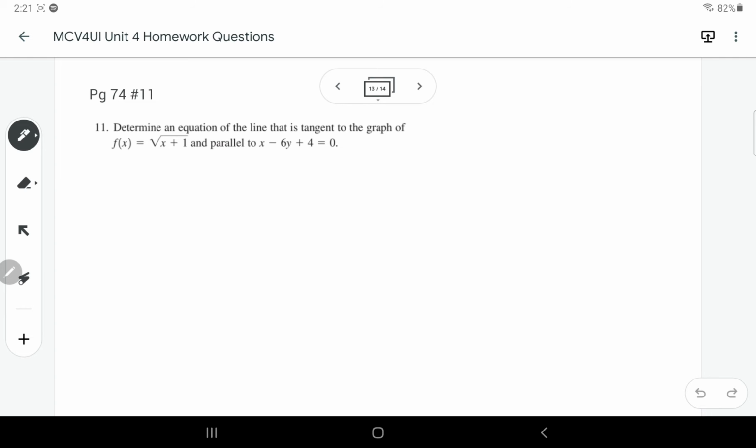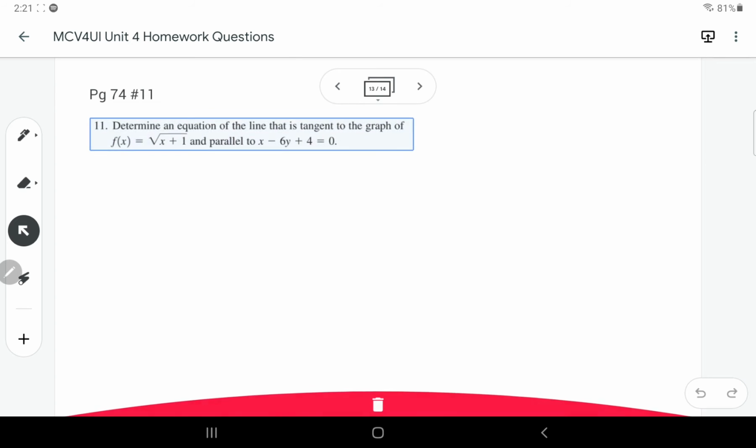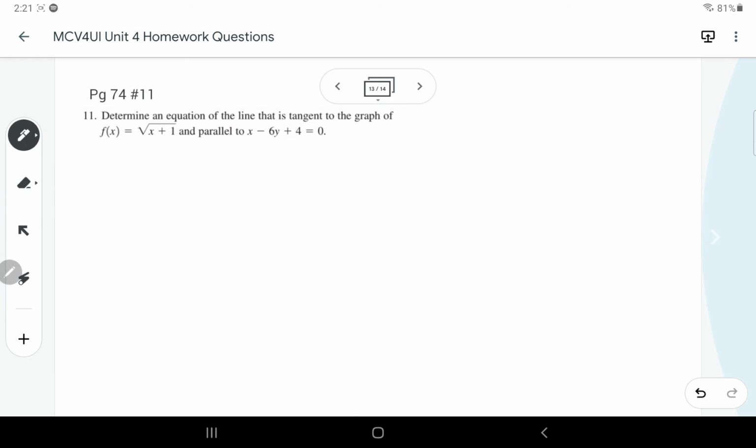The last one here is sort of similar. We want to find an equation of a line tangent to this graph. So first of all, we have to find the derivative from first principles. To get the slope of the tangent, we'd have f prime at x equals the limit as h approaches 0 of f at x plus h minus f at x over h,